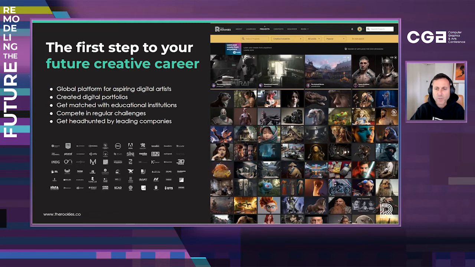Our point of difference is to allow students to have a community of like-minded artists to create portfolios, showcase their work, and gain confidence without being overwhelmed with professional work. It really sets the benchmark for young people wanting to find standards from around the world of where their work is at. You can create a digital portfolio if you're a first year or a graduated student. It doesn't matter. It's all about encouraging young people to start that first digital portfolio.